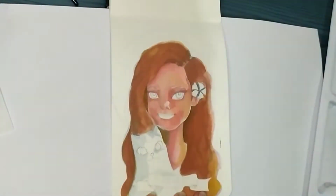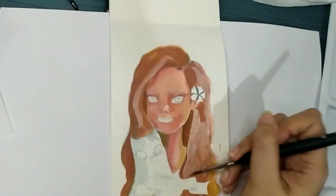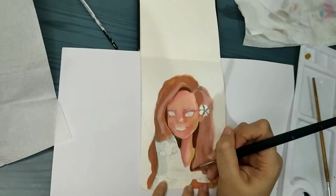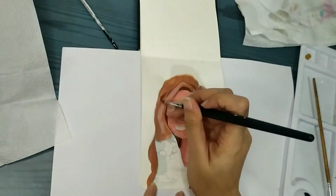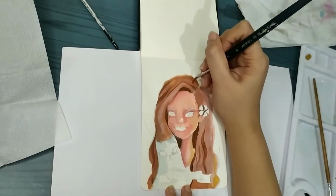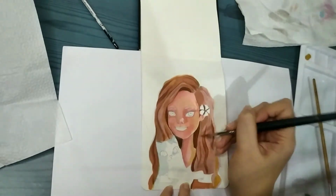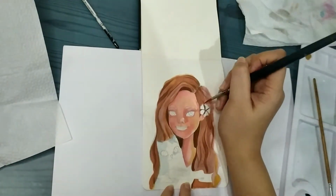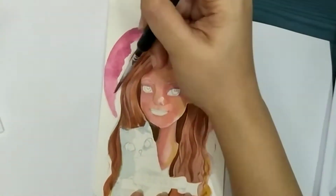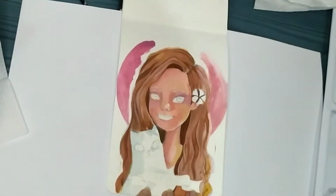Yeah, because the usual watercolor papers have the ability to hold the water a little bit longer than usual papers, and if you try to spread the pigment, they can usually be spread, but in this paper it seems like it easily absorbs the water and you cannot do much spreading of the